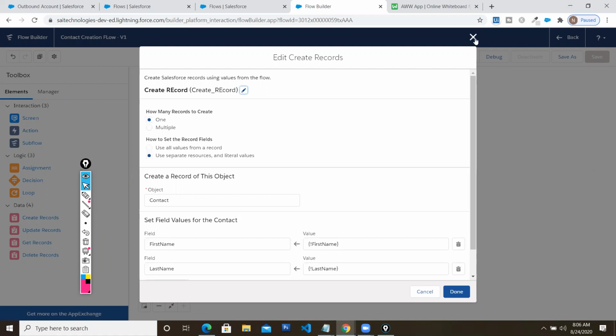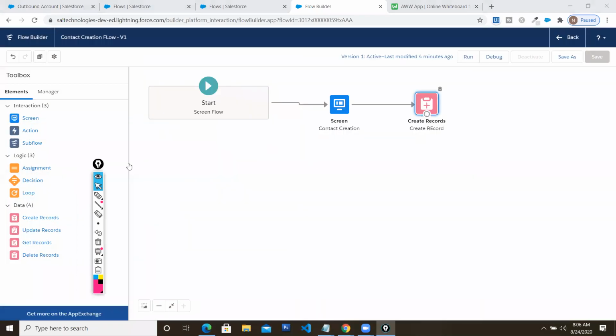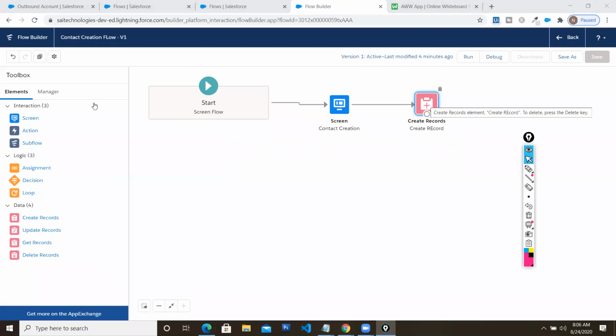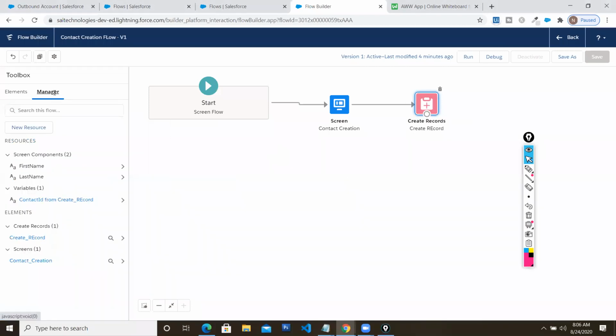element. See here, one more important point I want to explore. You have used this particular screen element. Let's explore this resource manager. See here, a variable is automatically created.